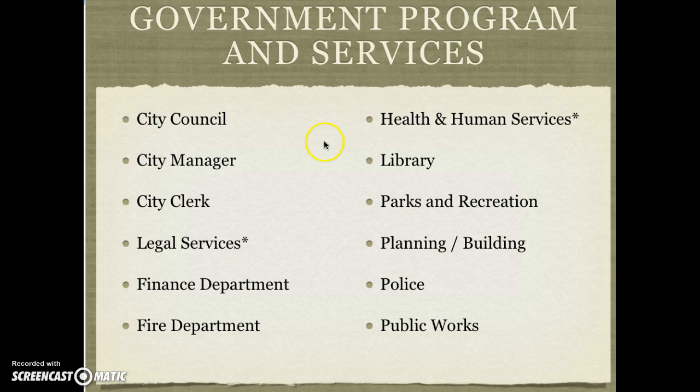Okay, so let me go here again, the government services. You're going to use your textbook. Your textbook will be a great guide for you as you go through and evaluate the different programs and departments within your local community, and again, try to identify which of those you think would be the most important. So pick 2 or 3 and then explain why. But at least pick 2. I think that would be the safe thing to do, so your classmates can have some ideas as to what's important in your community.